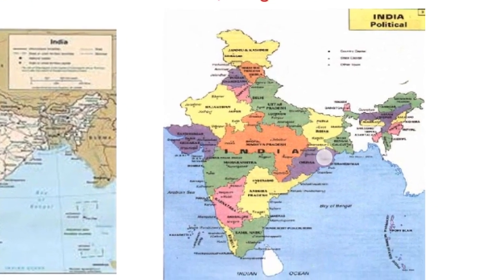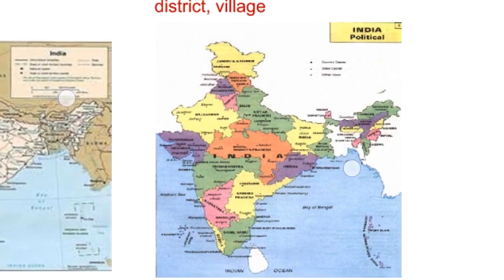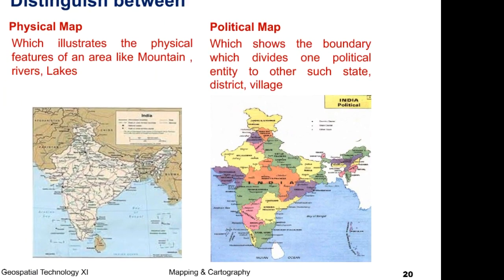Then comes another map, the one which is in front of you, which is showing the states. And if you see, looking at this map, you will find that it may not be so perfect because many of the states, the new states, are not mentioned here. But yes, at least it gives you one fact: what is a political map? A political map will have states.